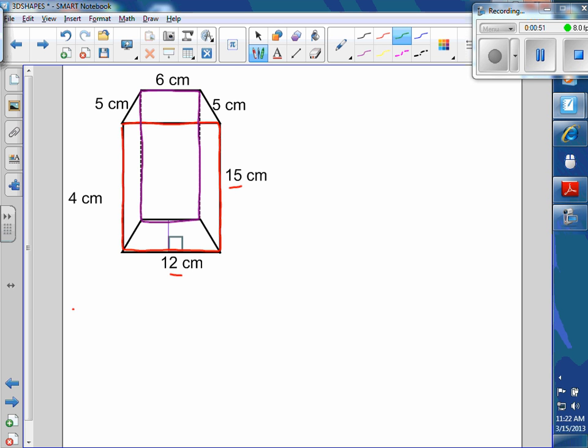And then the ones on the side, even though they don't look like rectangles, now that we've worked with those plastic solids, this one right here, that's a 5 by 15. And this one is also a 5 by 15. So before I worry about the trapezoid,